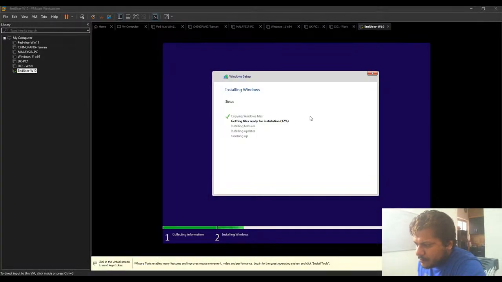Is my screen visible right now? Do you see my screen? Yeah, I just wanted to confirm. A lot of issues have been happening today: internet issues, computer issues, camera issues, screen sharing issues. I just wanted to be absolutely sure that we are in sync and connected with each other.